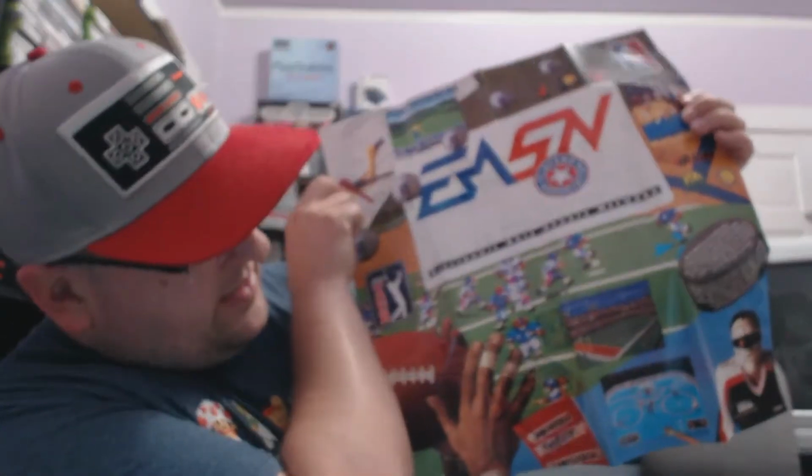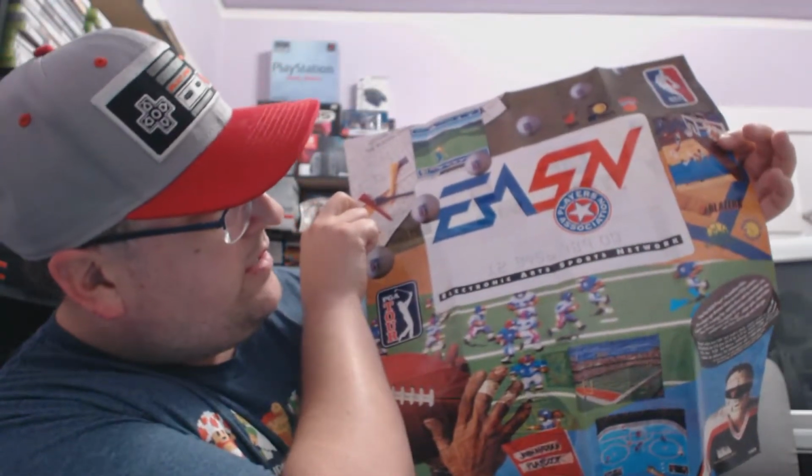And then on this side is EA Sports Network information with pictures from some of the other titles. So pretty cool to have stuff like that, and to actually get these things when you buy the game, because whoever it is that owned it before didn't plaster it on their wall and then throw it away later when they got tired of it. So that is Bulls versus Lakers, and then I got NHL 96, and that includes the manual, cart of course,